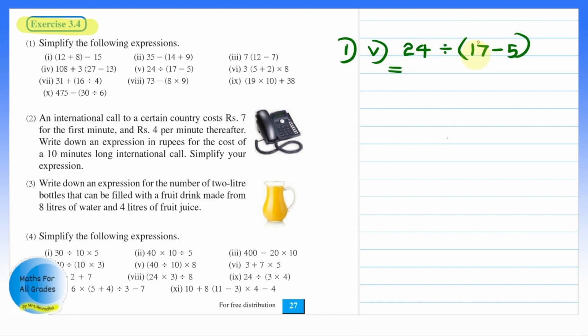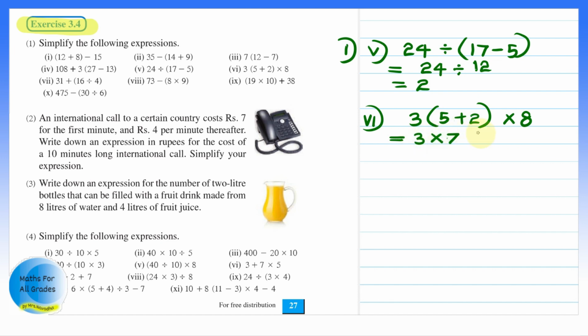Let's solve the brackets first. 17 minus 5 equals 12. Now 24 divided by 12 equals 2. Problem number 6. 3 times, open a bracket, 5 plus 2, close the bracket, times 8. 5 plus 2 equals 7. 3 times 7 times 8. Here you got only multiplication. So you can start with either 3 times 7 or 7 times 8. It doesn't matter where you start. 3 times 7 equals 21. 21 times 8 equals